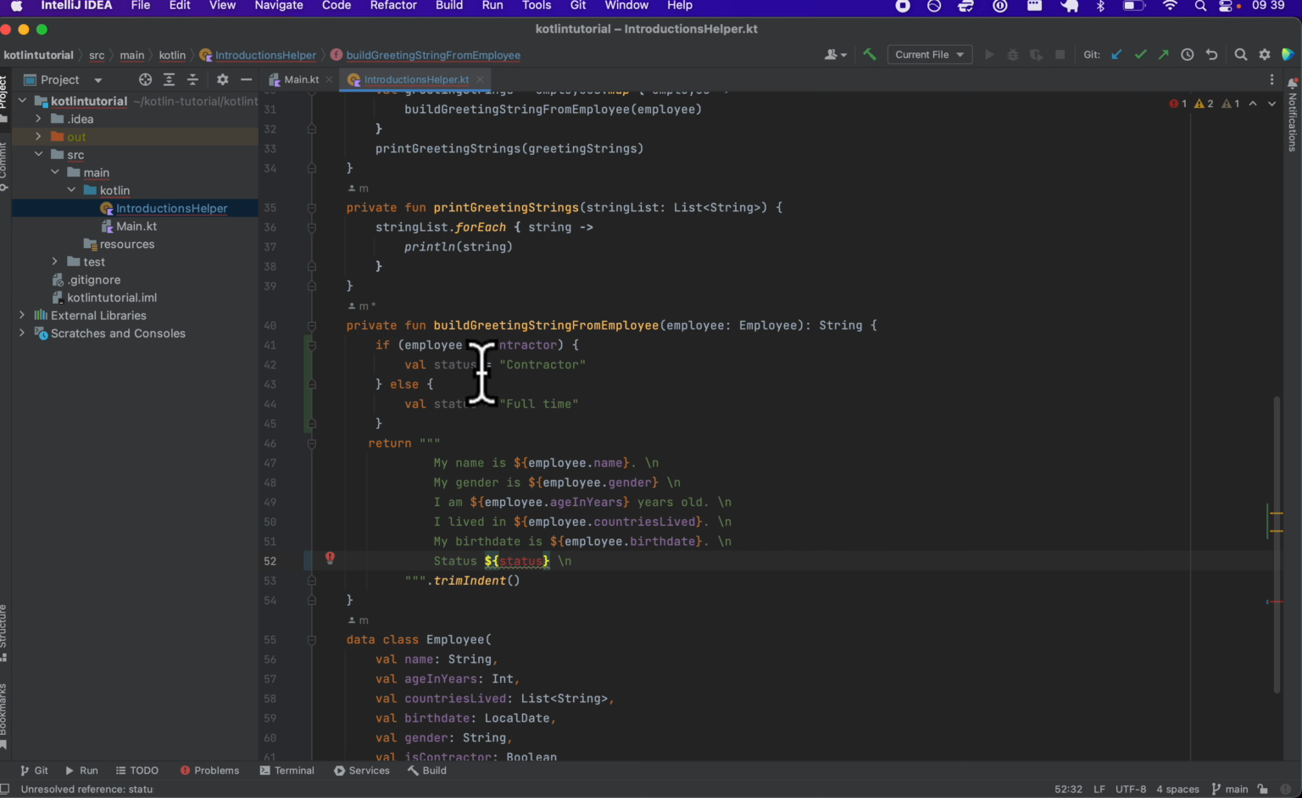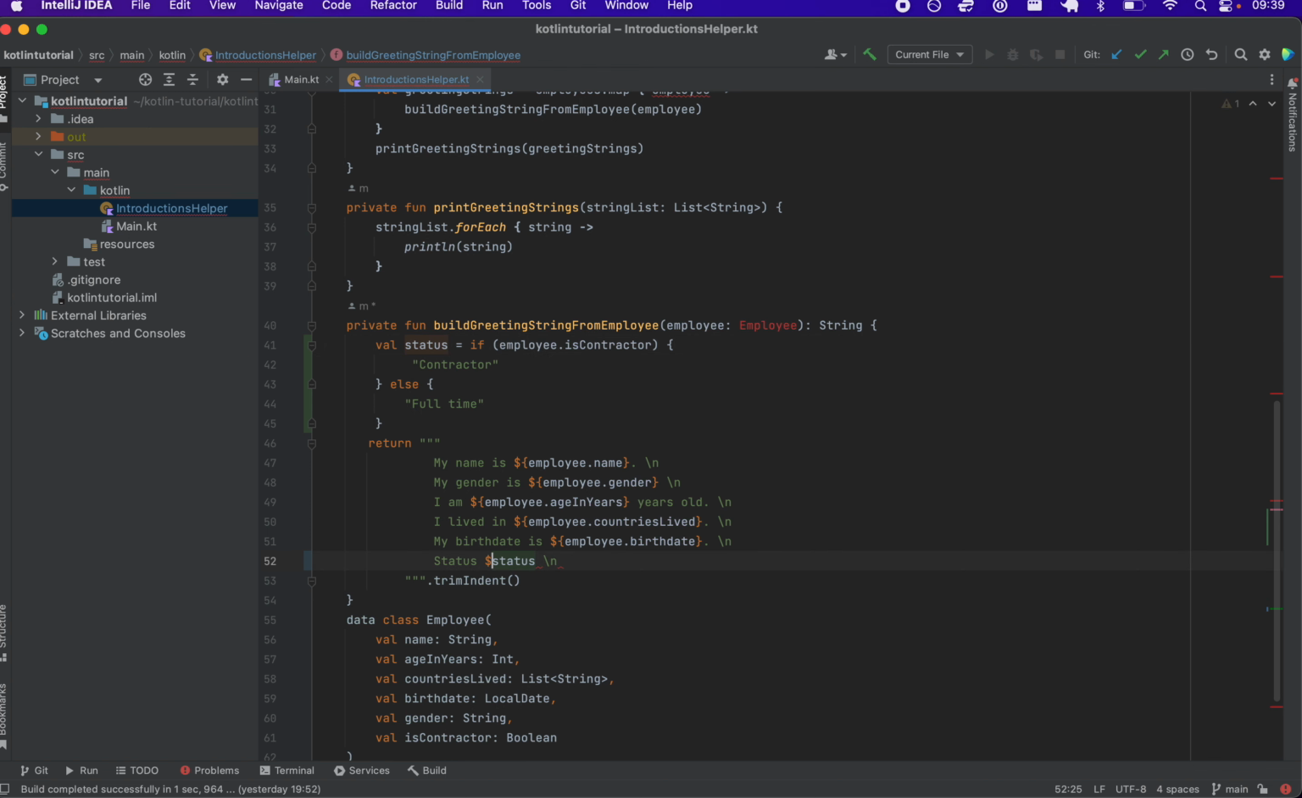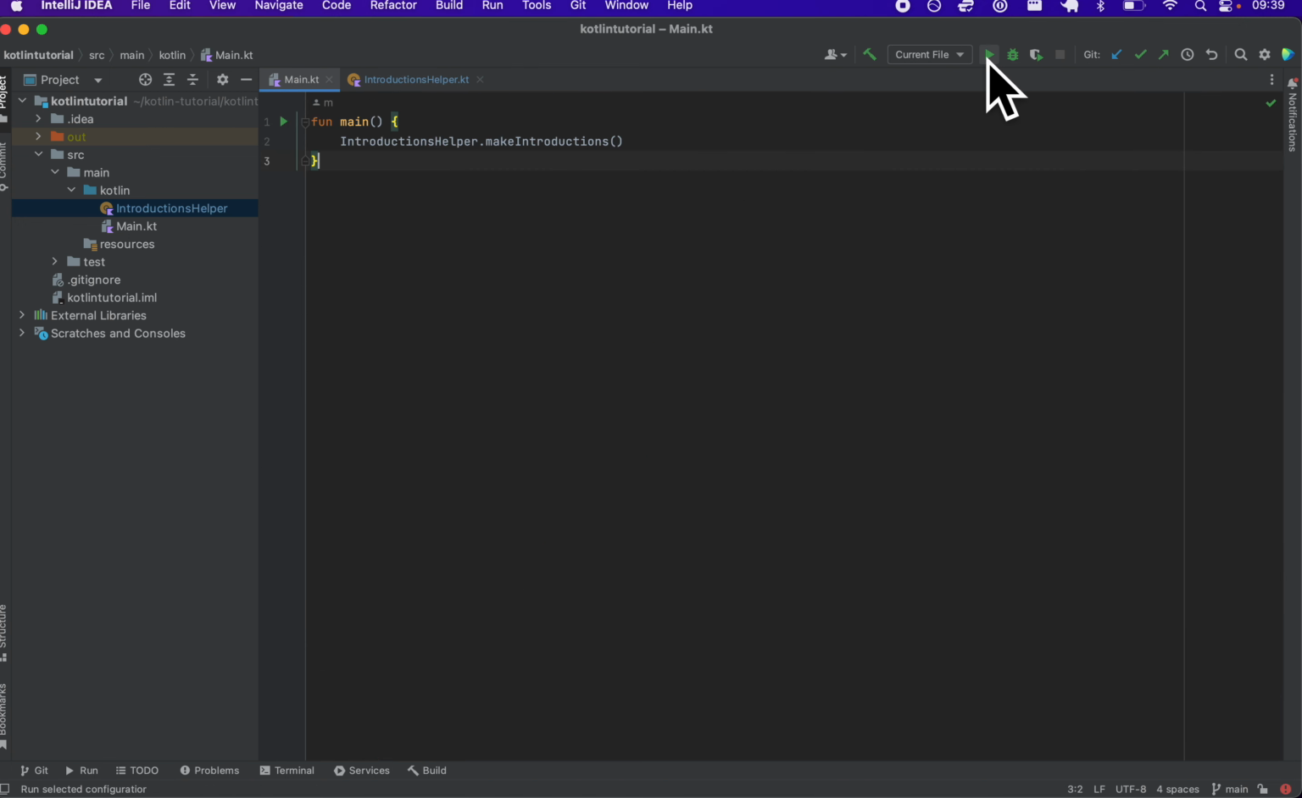And I'll just make a syntax change here so that we can assign the result of this branching logic to status. So if we go back to our main file and we run it, you're going to see that